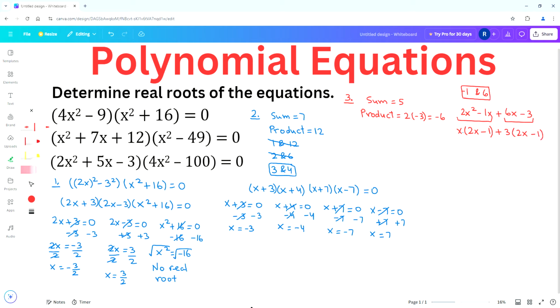Next, we can factor out 2x minus 1 from these two terms. And we are left with x plus 3. So this is the factored form of the first given factor, 2x squared plus 5x minus 3. So we can rewrite our equation as